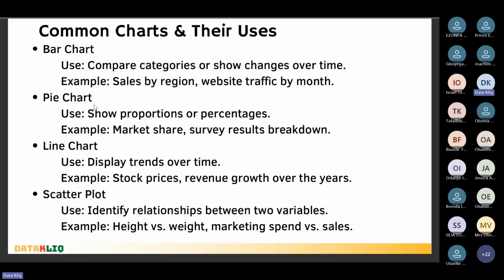Pie charts just show proportions and percentages. If you want to see your data in the form of percentages, the best chart to use is a pie chart. And there's a rule of thumb for pie charts. If the categories you are comparing are more than three, I like going for three because it is easier to read, I would advise you to go for bar charts for that particular data. But if you are comparing just two or three categories, for example, in our cohort